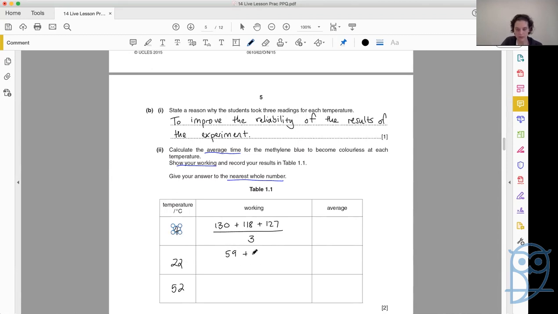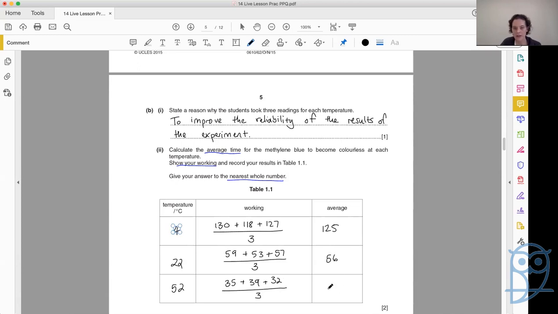59 plus 53 plus 57 divided by 3. And 35 plus 39 plus 32 divided by 3. And the thing is that you can plug this into your calculator one time and get your answer. And our answers are 125,